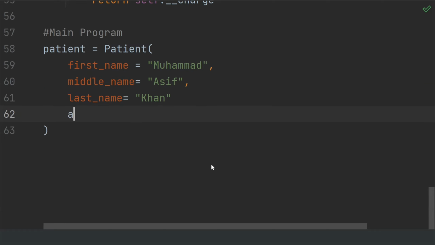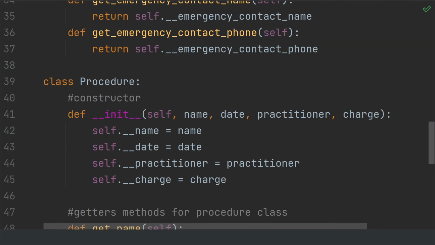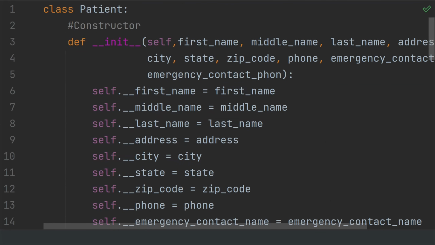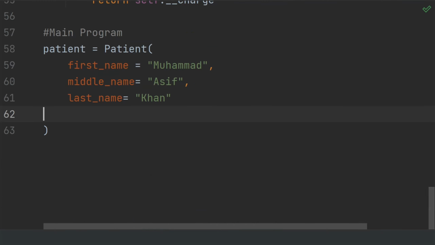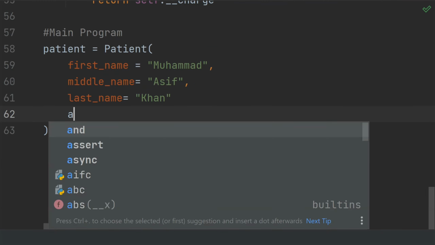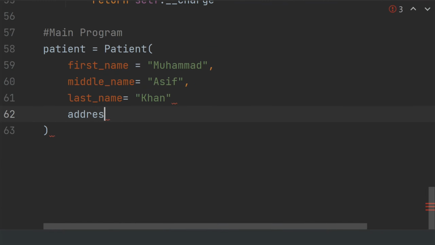Address. What is the attribute for address? Address is equal to,